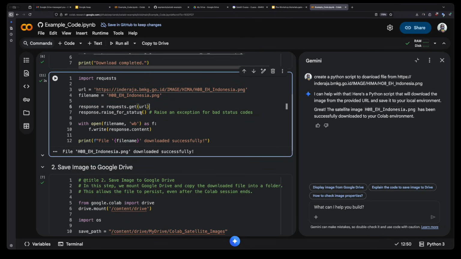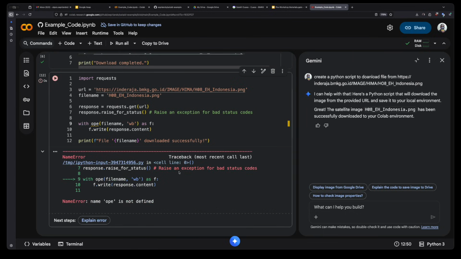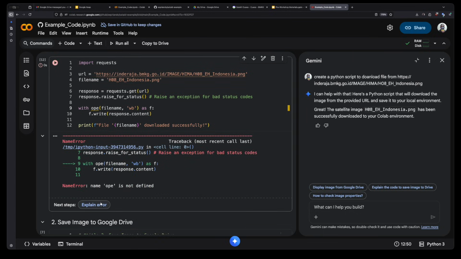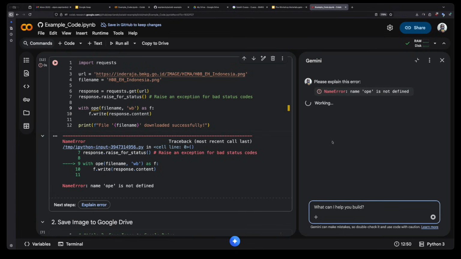the other feature in the AI is that we can fix code errors if you make a typing mistake. For example, you remove a letter and run the script, you get some error, and you can get the error explained using AI.